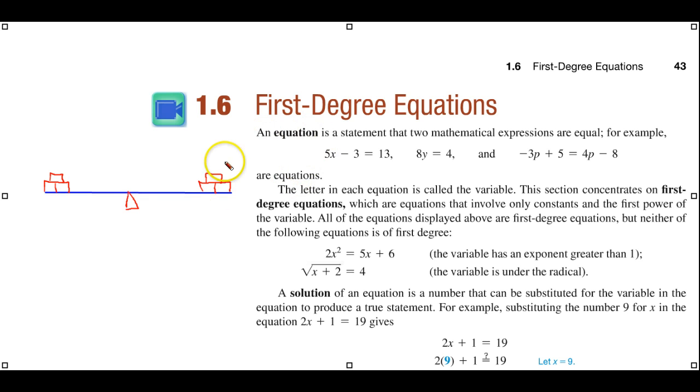And to give you a quick visual of what we're going to do when we deal with equations, imagine we have a scale here with a fulcrum in the middle, and it's balanced. So this means the weight on one side is the same as the weight on the other. Now, what we do as we solve an equation is we take some of the weight off of one side. Now notice this is not going to balance anymore, but if we take that same weight off of the other side, it balances. It's not the same equation, but what we did to one side we did to the other,